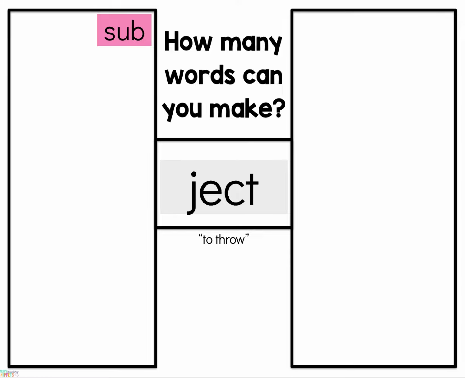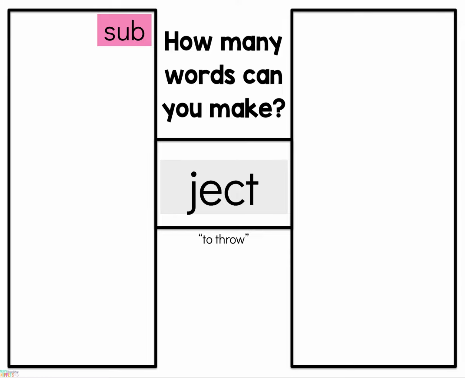So as I'm projecting this, you can do it two ways. You can be explicit and say this is the word subject, or you could ask your students what word you think this is if you put the two morphemes together. Subject. So if sub means under and ject means throw, it's kind of interesting because when we think about the subject in school, we're not thinking about throwing something under, but